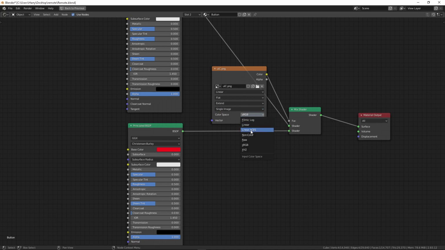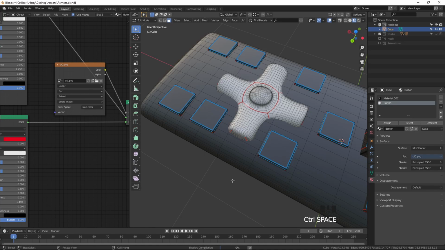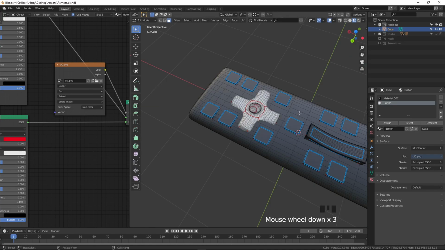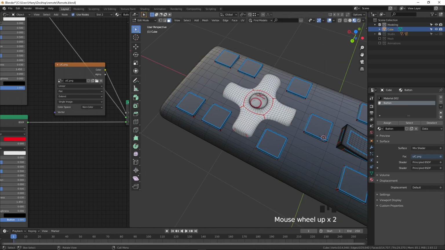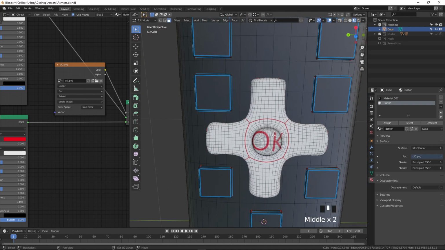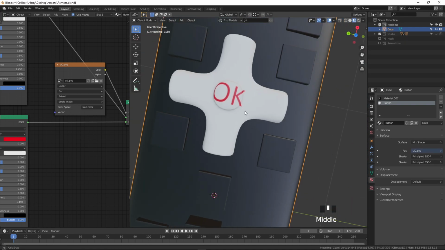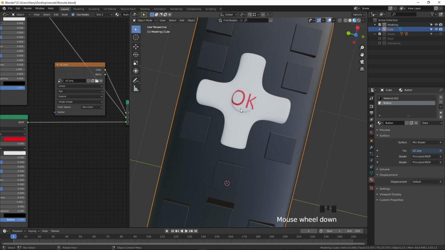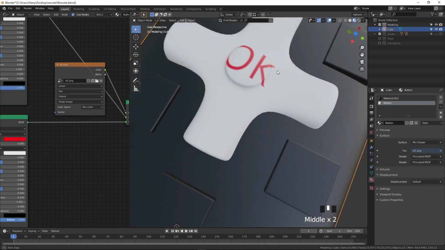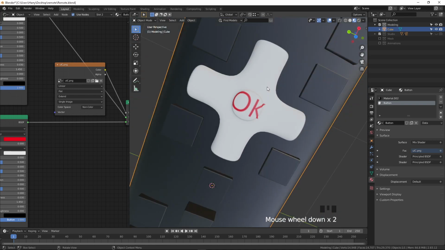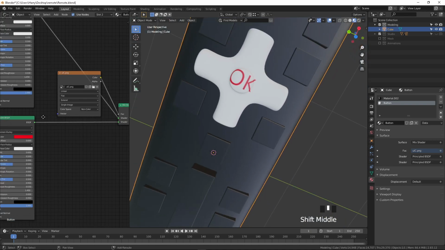Now you can see our OK has come. Yeah, it's fine, but you can look, it went outside that center button. So we are going to align it now.